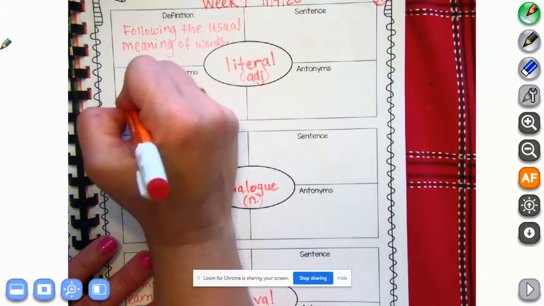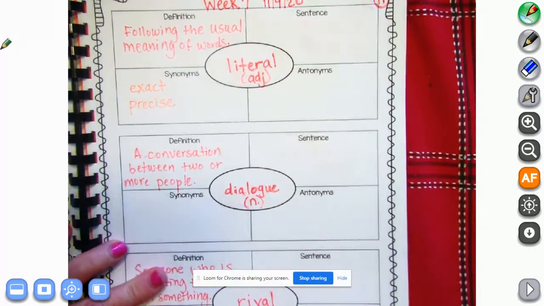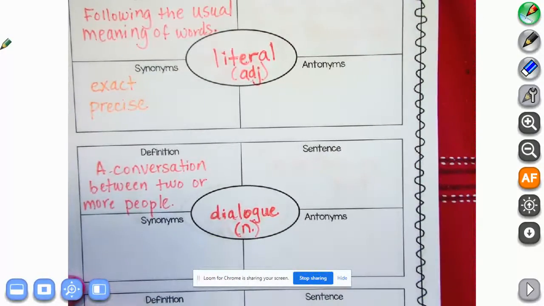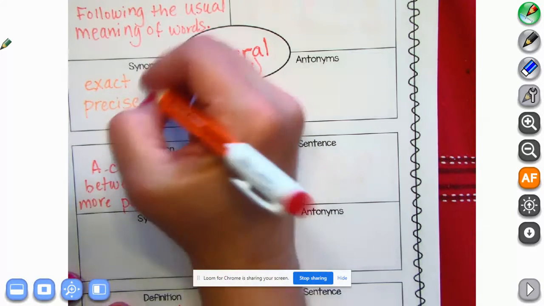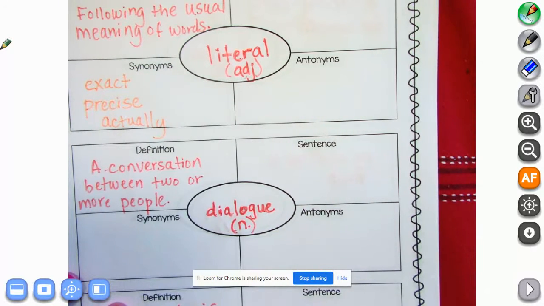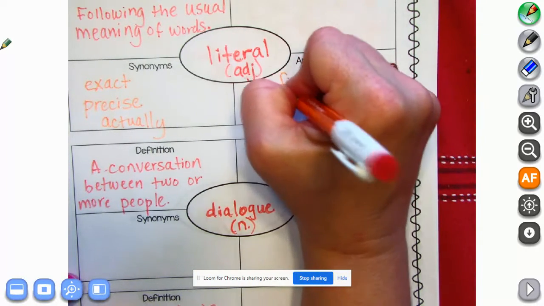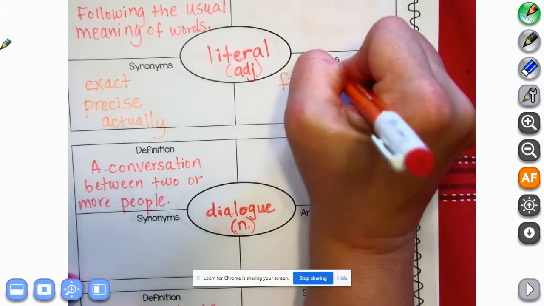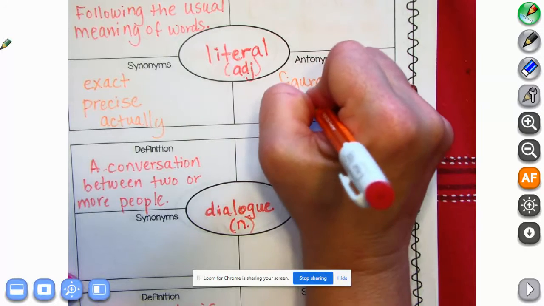Okay, another word is precise. The precise words. So when someone says stop here, it means stop exactly here, or precisely here, or actually here. I could put actually on here too. Okay. The opposite would be figurative. So if somebody's kind of teasing or saying something silly, it might be a figure of speech, they say. Or an idiom. An idiom.